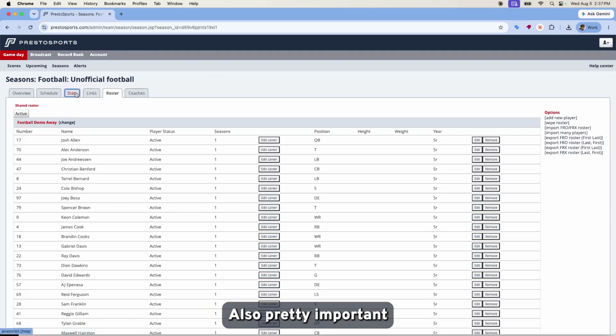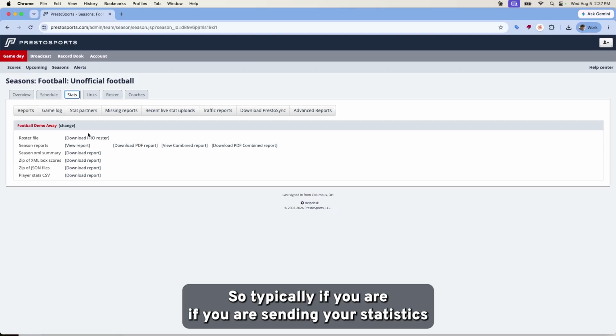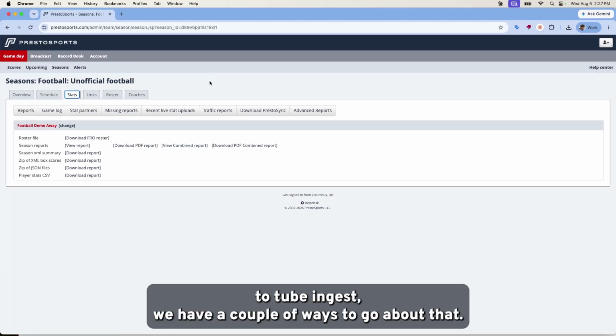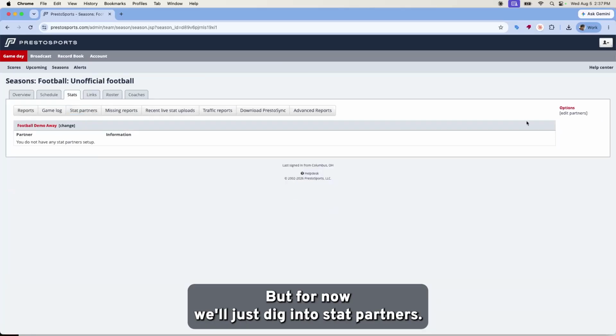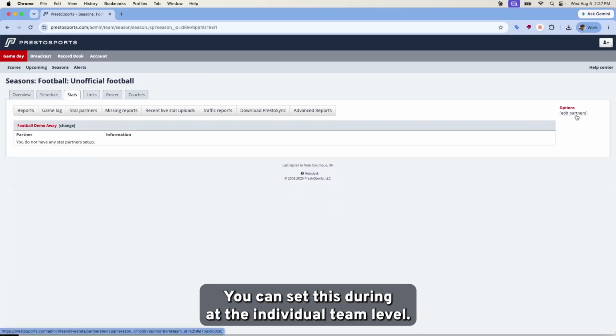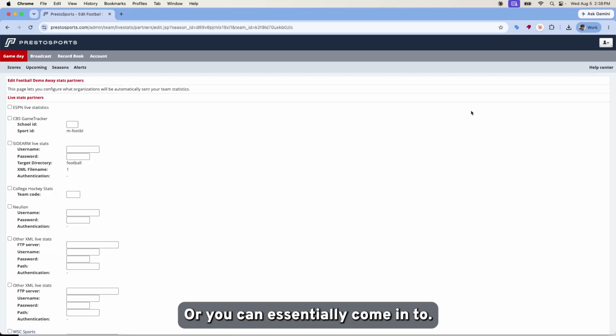Also pretty important pregame is going to be your stat partner setup. So typically, if you are sending your statistics to Stat Broadcast or to a third-party service to ingest, we have a couple of ways to go about that. But for now, we'll just dig into Stat Partners. They're set per team. You can set this at the individual team level, or you can essentially come into